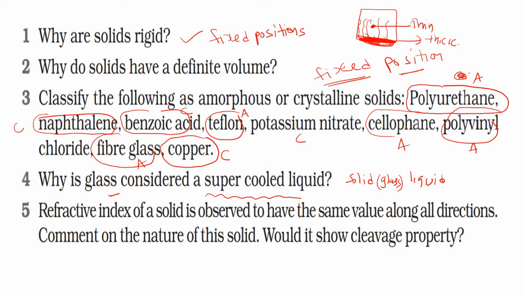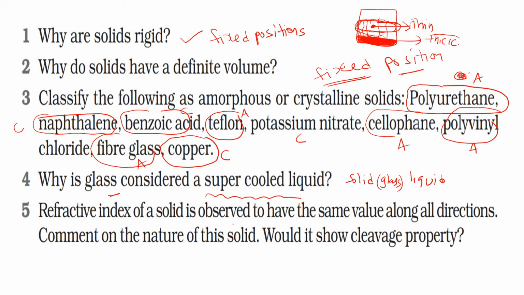So the number of constituent particles at the mid portion is less; that is the reason it becomes thin. At the bottom they are moving together and form more bonding and attractive forces, so it looks thick. Breaking at the bottom is very difficult compared to the middle portion of the glass. This is because of the flow of glass molecules. So why is glass considered a supercooled liquid? Because these constituent particles move from one position to another.